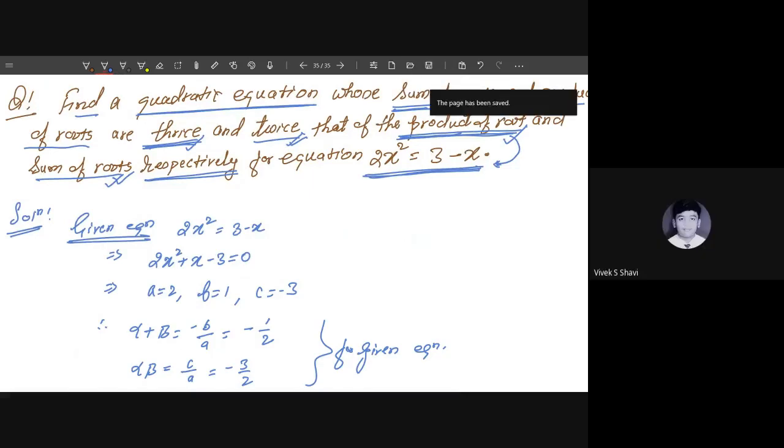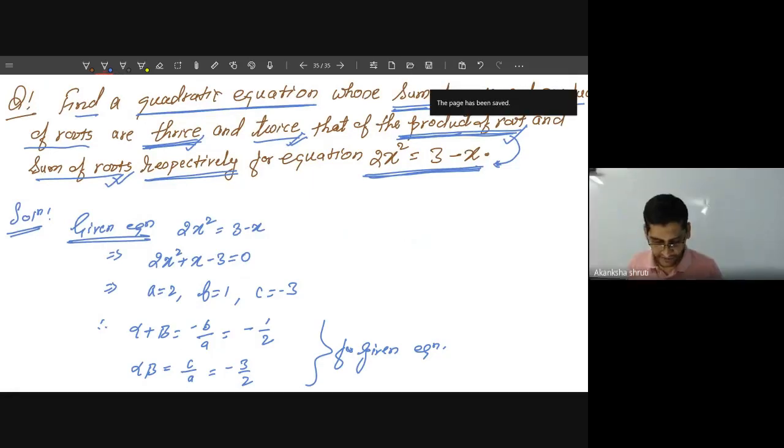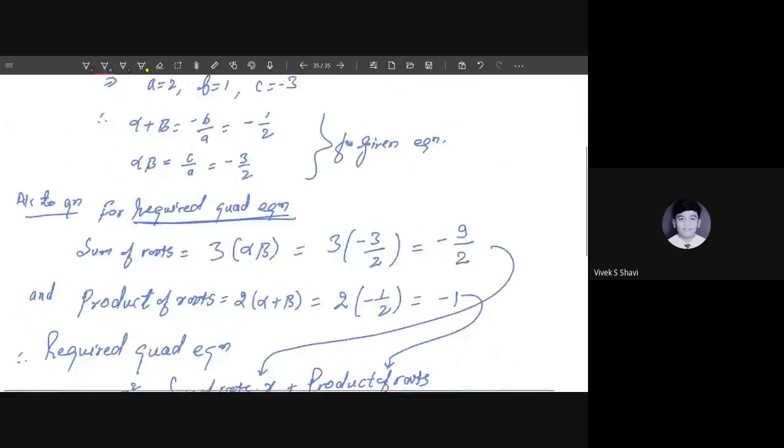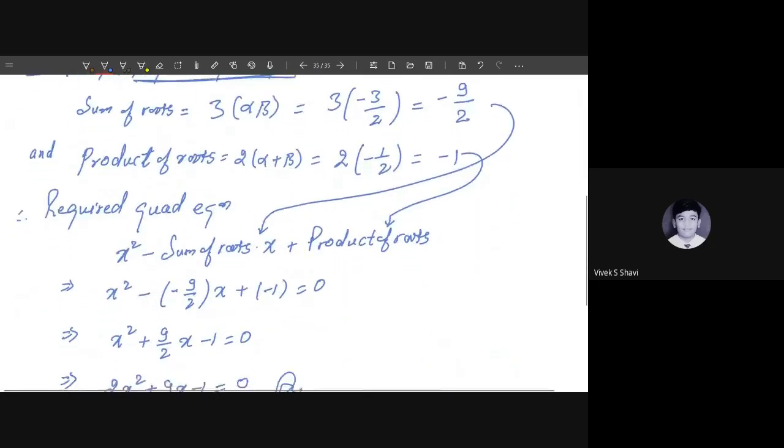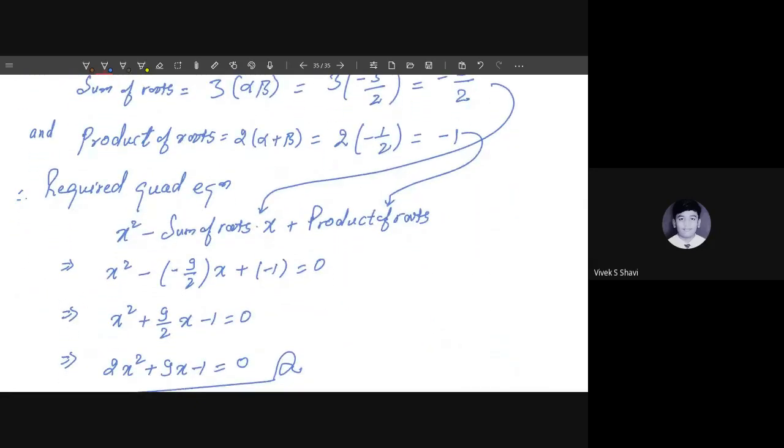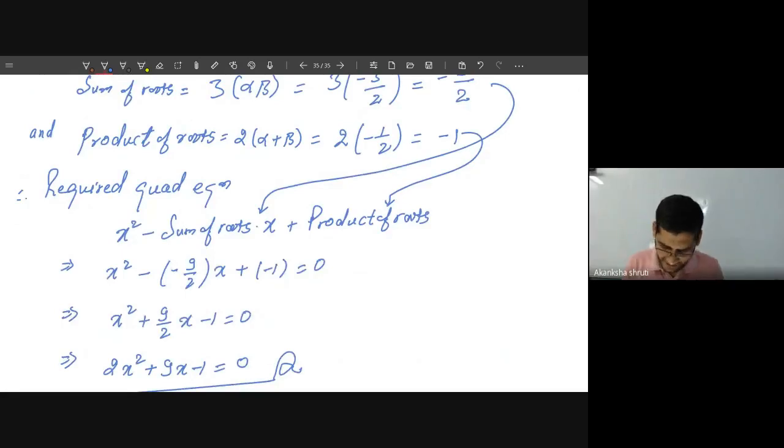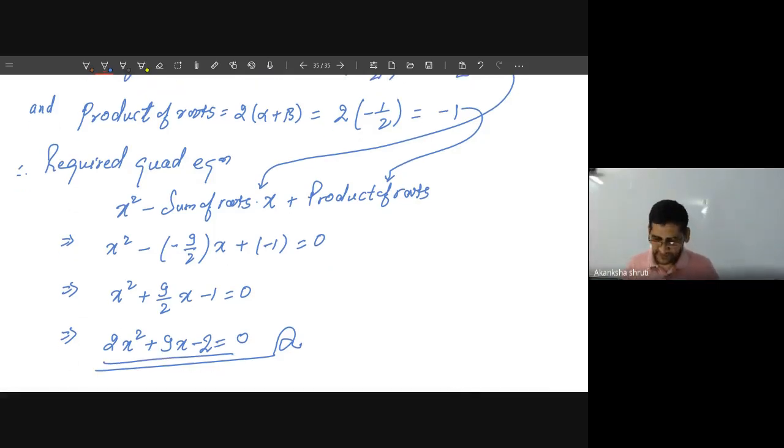Students, any doubt then please ask, you have to practice more. Yes, tell me. So it will be -2. Last equation. Correct, exactly. So this minus will also come here, students. So minor misprinting is there because the 2 is multiplied with both. So it is this one. Okay, students. So the correct answer is 2x² plus 9x minus 2 is equal to 0.